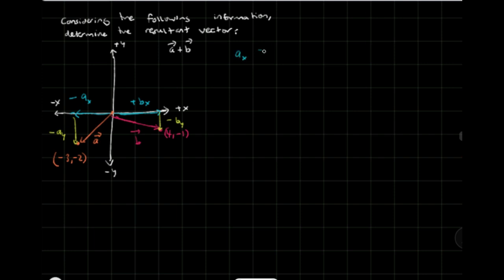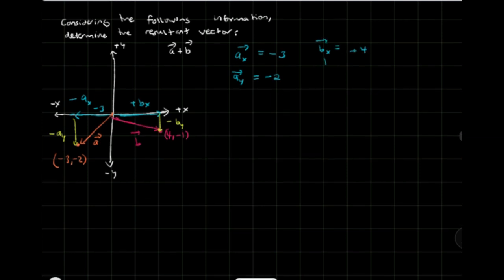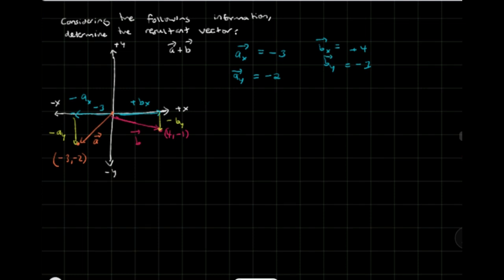So in this case, Ax is equal to, and we know the point, this is -3, -2, so this should be -3. So Ax is -3. Okay, Ay here is -2, right? And vector b here is 4, -1, so Bx is positive 4, and By is -1. Good? Okay, now that we have these points, if we want to find the resultant vector, what you want to